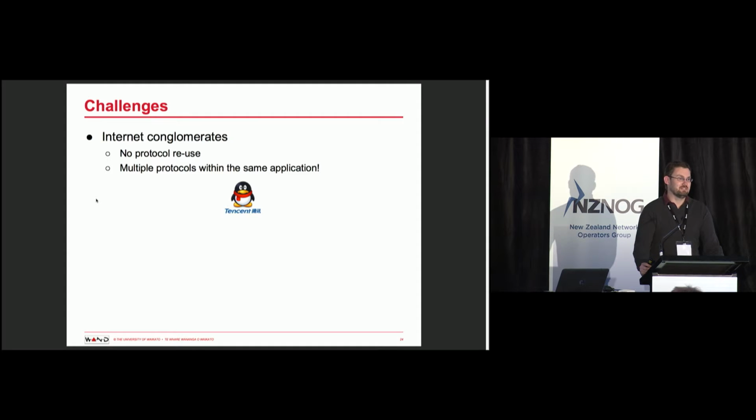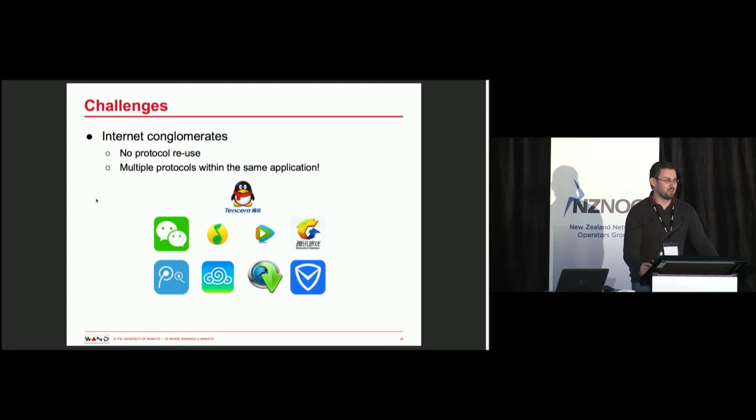Even if you do get a little bit of information out of China, if you're lucky enough, you tend to run into problems with big internet conglomerates. So in particular, you can look at the Tencent Corporation, which is very big in China. They have a lot of applications that they provide, and every single one of those applications provides its own unique protocol with its own unique definition and specification. And none of them are at all alike. And even worse is that sometimes you will get applications that use multiple different protocols for different features within the same application. So, for instance, WeChat has a different protocol for doing video conversations than it does for doing voice